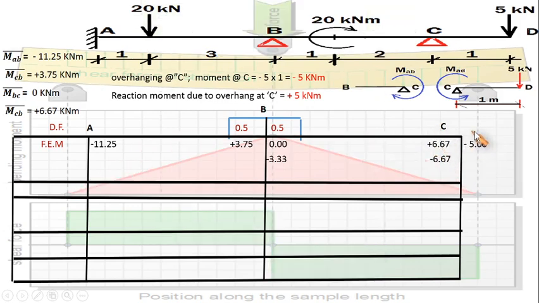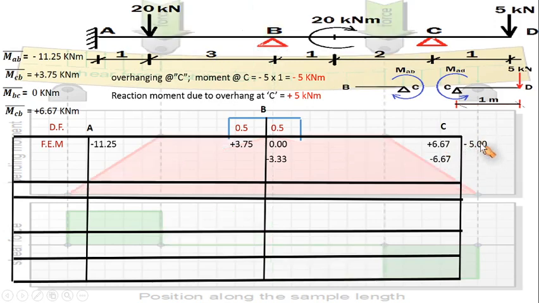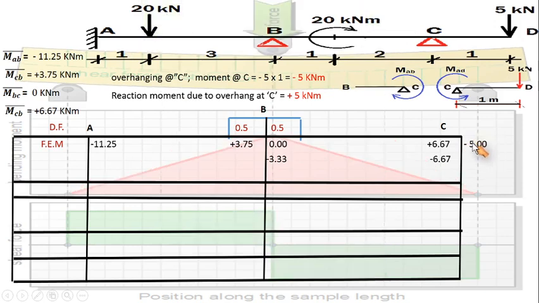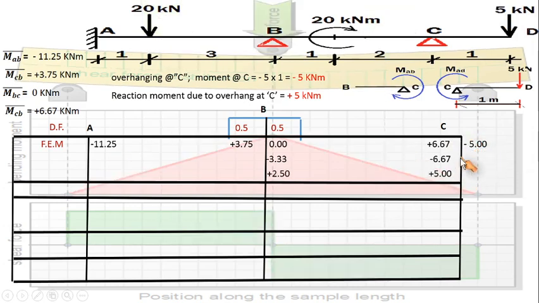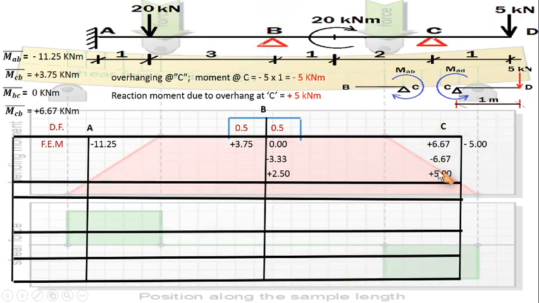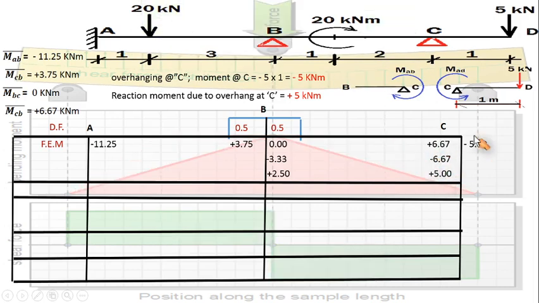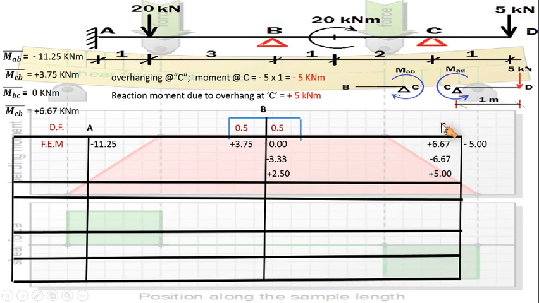but still the effect of the overhang is present. Here you can see, in order to nullify this effect, we know what is to be done. So minus 5 is the anticlockwise couple acting as a reaction due to the overhang on the part CD. So plus 5 is to be added so that it will become equal to 0. So the total unbalanced moment about point C has ultimately come down to 0. So this was already made equal to 0. Plus 5 minus 5 will come down to 0. So this is how we have treated the simple support carrying one overhang on the right hand side of point